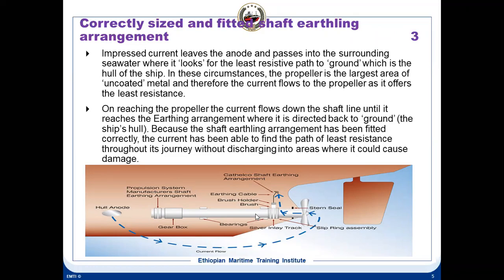So shaft grounding failure you will always find on the CCR. If you see the propulsion shaft diagram on the computer screen, you will find shaft grounding there. Whenever it goes to alarm, it gives you an alarm. Also, it goes to red indication. That means brush shaft grounding is not proper.